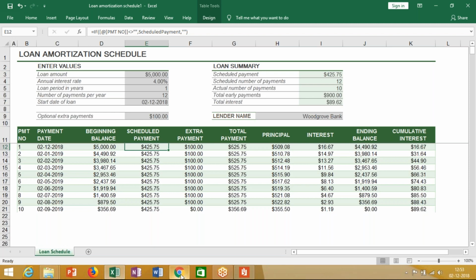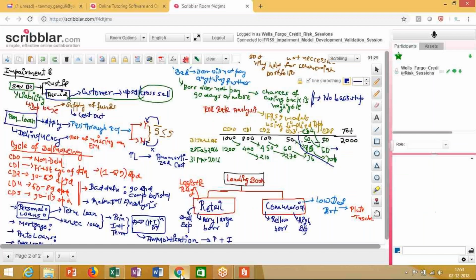Fine. So let us go back to the part of computing this amortization. How do I compute the payment amount that I need to make per period? So the formula for computing this looks something like this. The amount that I need to pay per period is